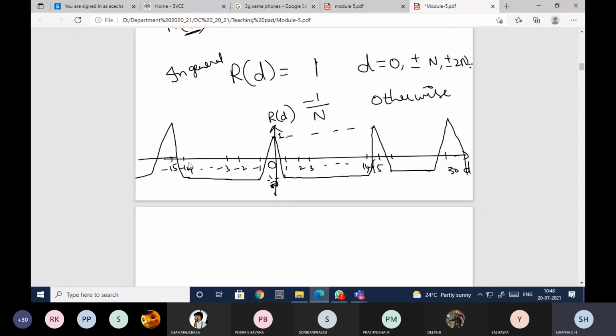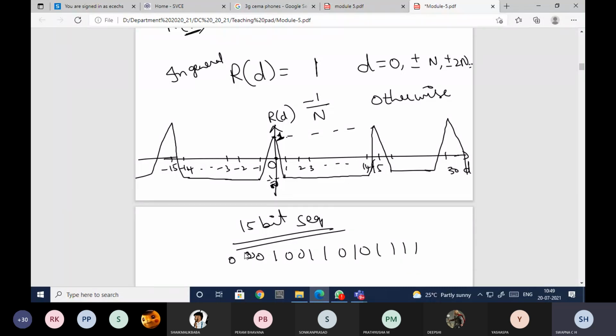And here one more advantage we will come to know: I have a 15-bit sequence. With R of 0, I have 1 as my autocorrelation function, and for the others it is minus 1 by n. So I can see that just by shifting one bit, you had 0 0 0 1 0 0 1 1 0 1 0 1 1 1 1.